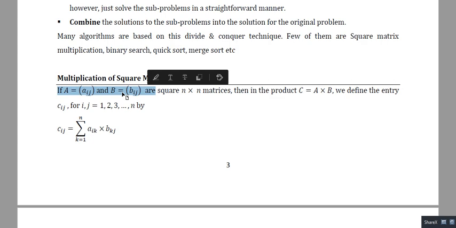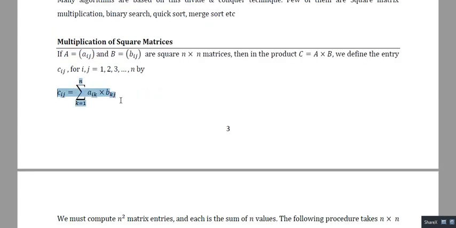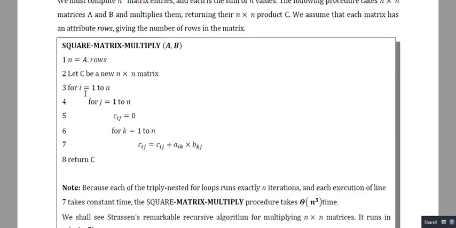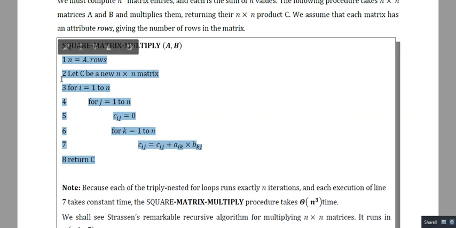And once the first row of matrix A is completed, again we'll move to the second row of matrix A. Again it will be multiplied with the first column of B, second column of B, and third column of B, and so on. Okay, so this is how we do. So we can have this formula, Cij equal to Aik into Bkj, where k varies from 1 to n, right? And this is the most traditional algorithm to multiply two n cross n matrices.